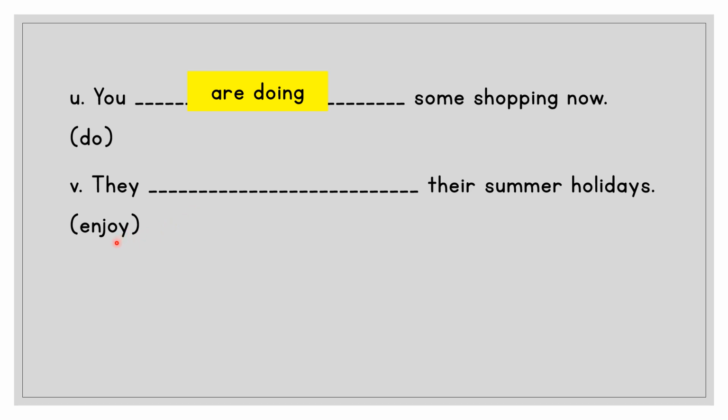Okay, and the verb is enjoy. And then we add the ing. So it becomes they are enjoying their summer holidays. Alright, kalau awak betul semua dekat semua latihan yang banyak-banyak for exercise, for this exercise, remember to give yourself a